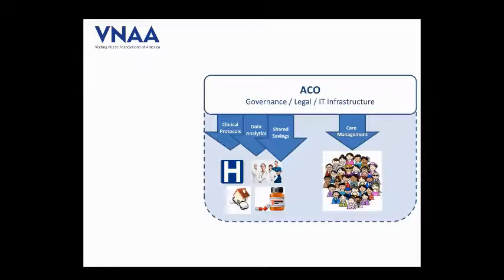And ACOs can build that infrastructure in a number of ways. They can have it in-house. So for instance, an ACO may itself contract or employ care managers or utilization managers to help with the care management of the population. Or they may contract with some of the providers. For instance, their primary care practices serving as primary care medical homes to take the responsibility for that care management function. Now, this is one instance where the ACO may pay a provider for the services that they provide, again, if they are contracting with them to provide the care management services.